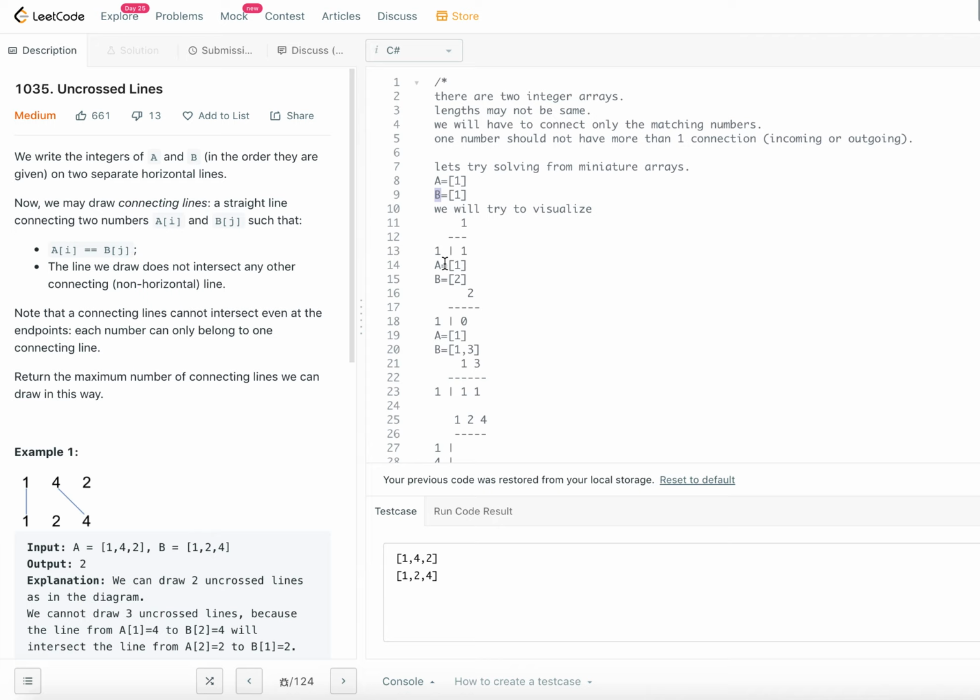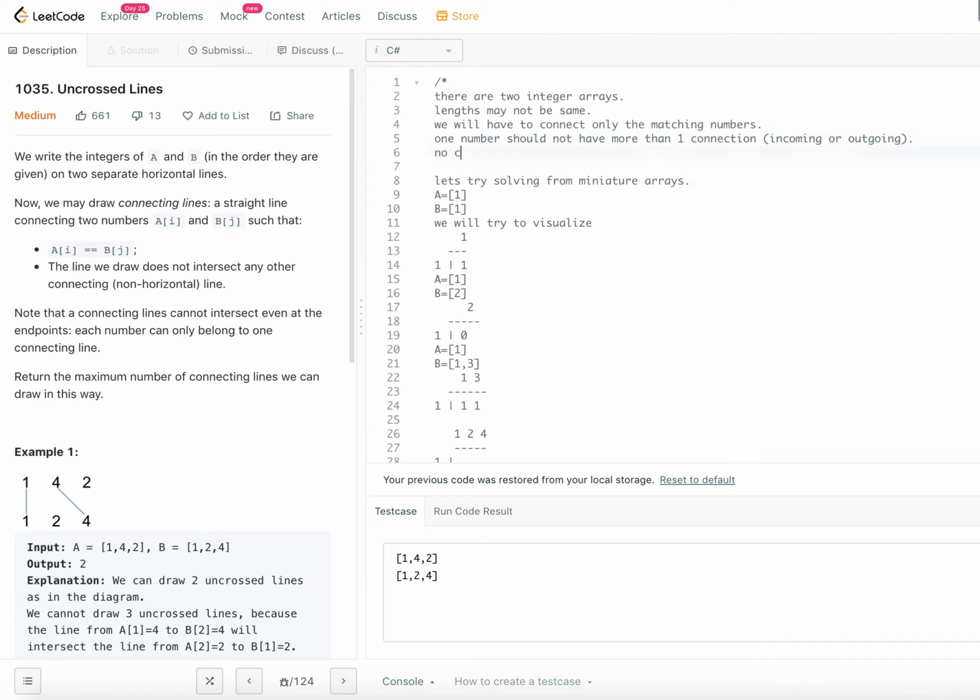So this one corresponds to A and this one corresponds to B. Now we use these rules. Length may not be the same, we don't have to worry, but we have to connect only matching numbers, and there shouldn't be more than one connection. And there is one more thing, let me write this down here: no crossing lines also.